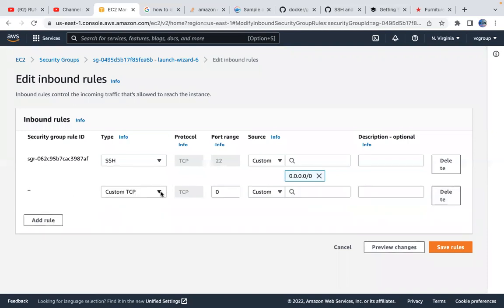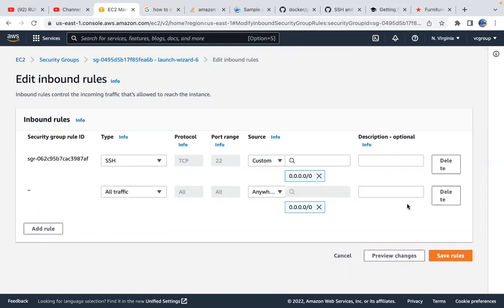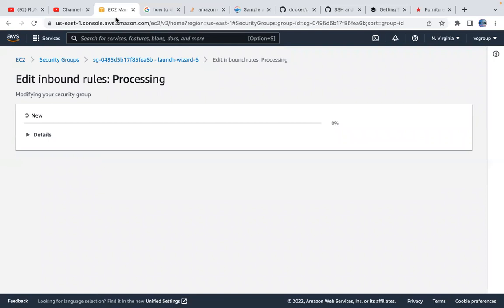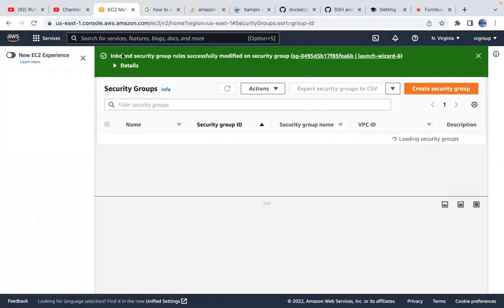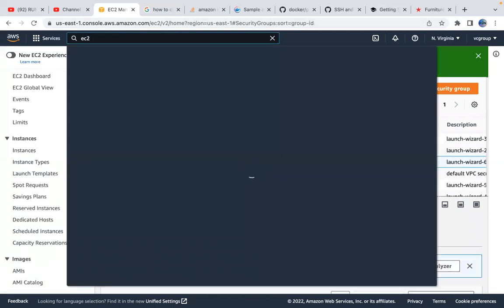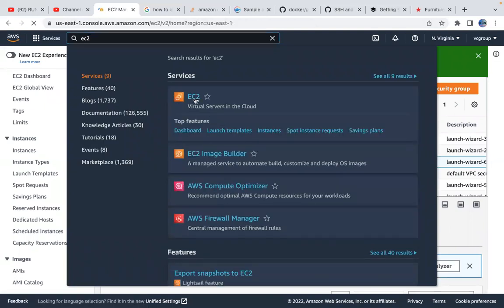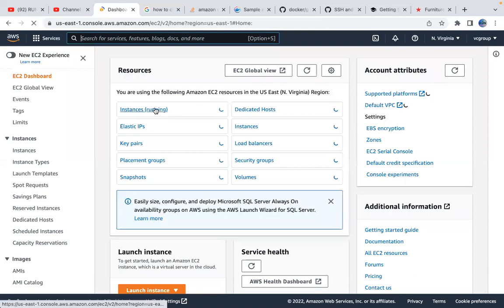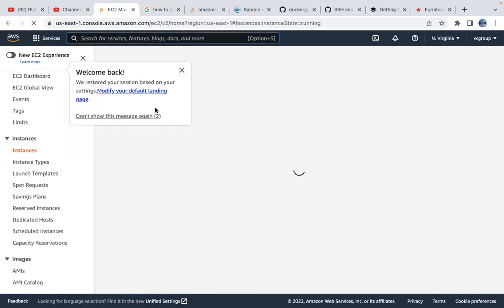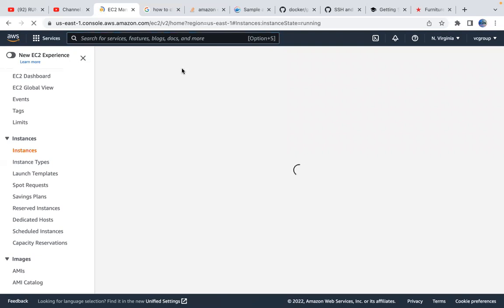I'll add a rule to allow all traffic. I'll just save the rule and go ahead to EC2, go to running instances, grab your public IP, and let's see what happens.